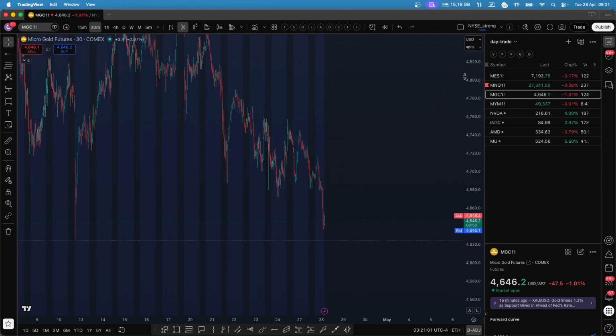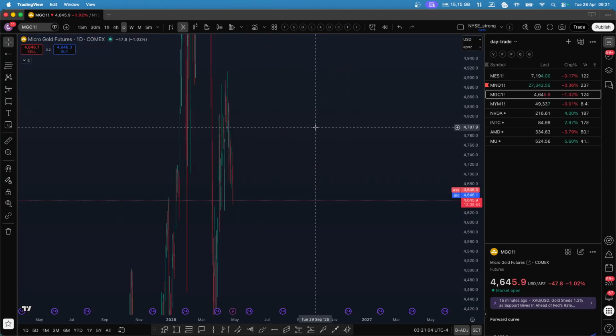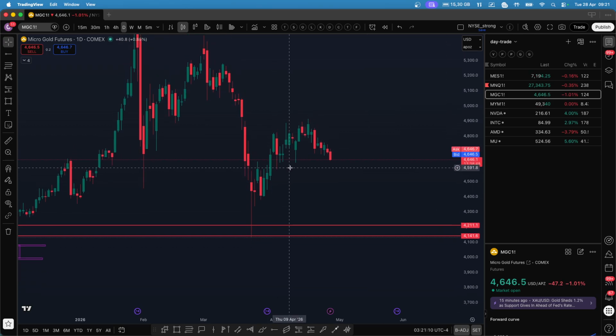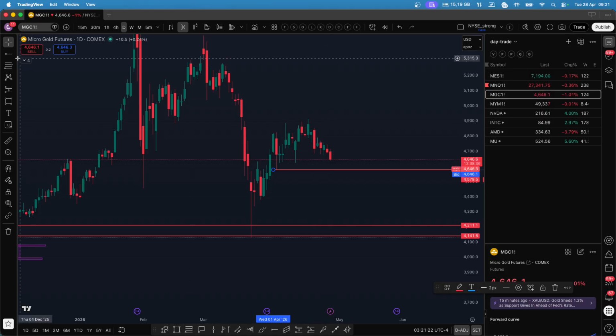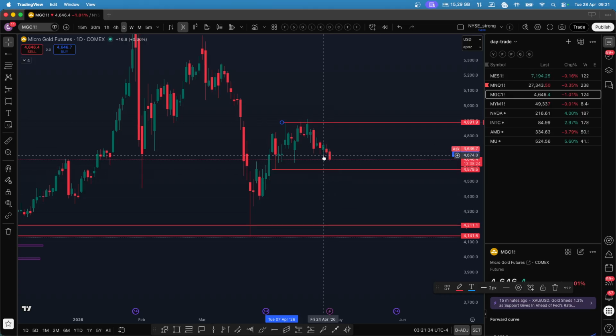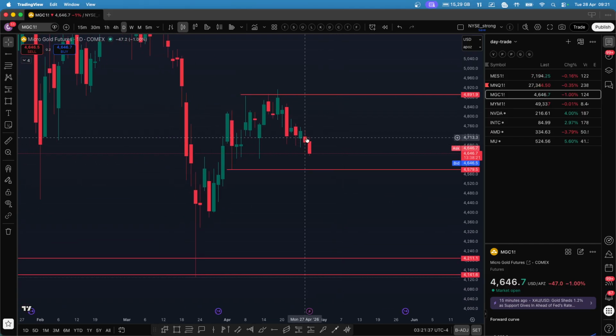For the MGC, I think yesterday I covered that I am bearish on gold, and if you see on a daily time frame, this was the down move, followed by this retracement, and this is a low from where the consolidation started, and this is a high point of this consolidation, and we are likely going to test this low, which is 4577. Yesterday, if you see, this is going down. Each high is getting lower in this case